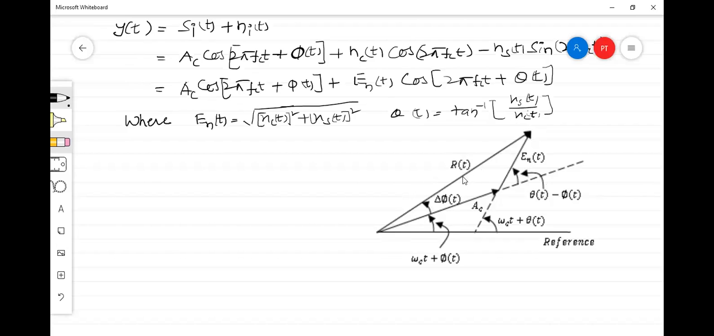And this r(t) magnitude is not constant. It is changing with time, and the angle is also changing with time. Okay, so now we can write this equation as y(t)